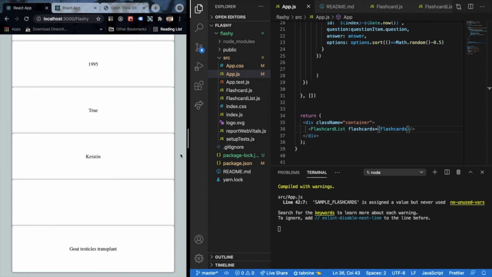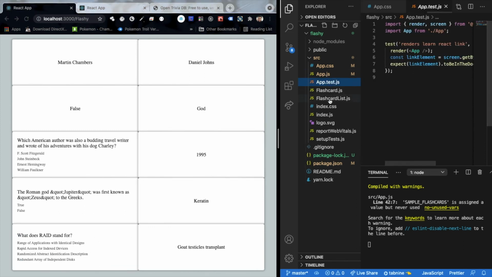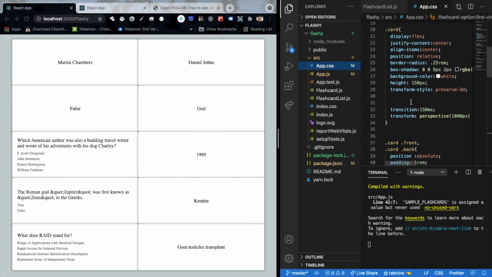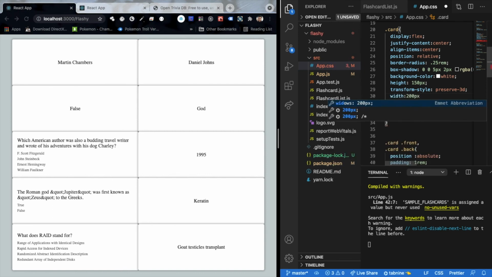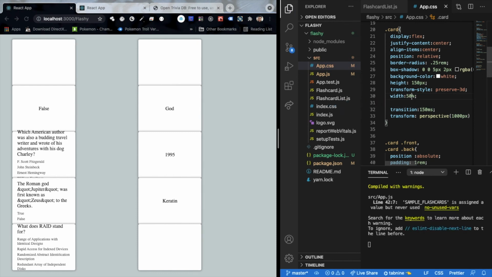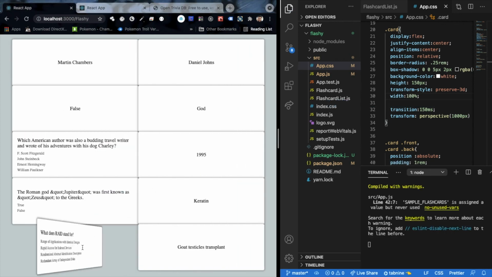As you can see, there are certain cards that don't get loaded properly. And what would be the reason for that? It is simply because we don't give them enough width to get populated. So let's go back to our app.css. Let's go to our card, and for now let's give them a width of 200 pixels. That didn't work. Let's give them a width of maybe 50%, no, 100%. Does that solve our issue?